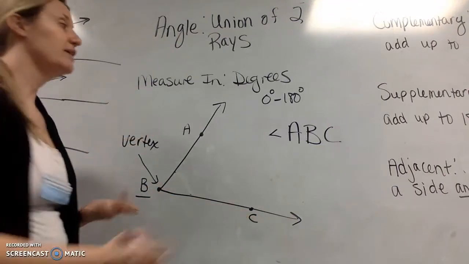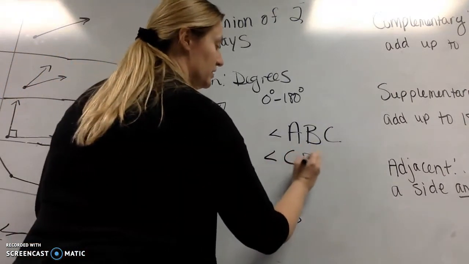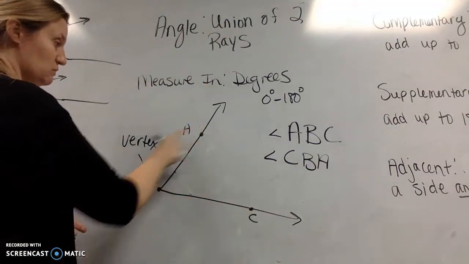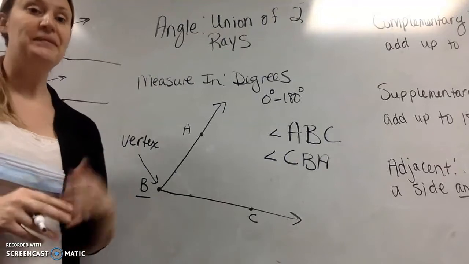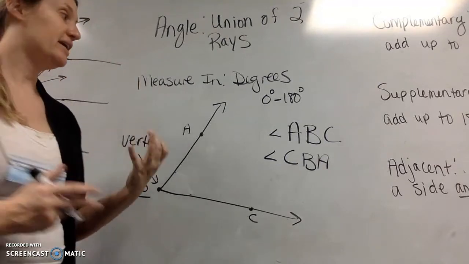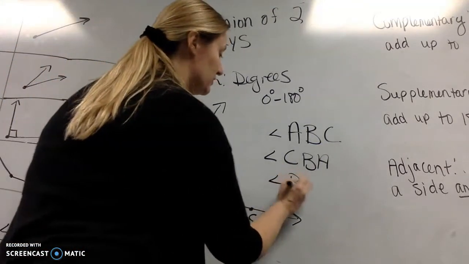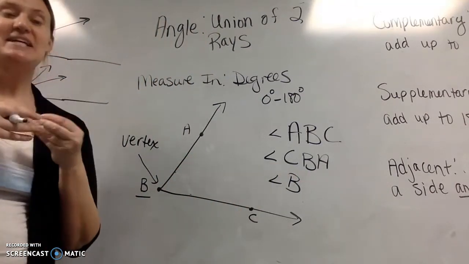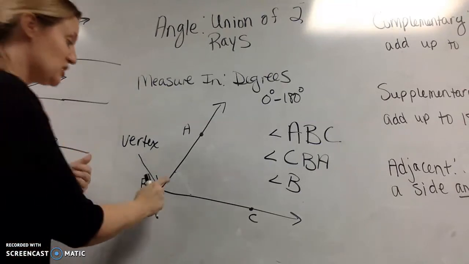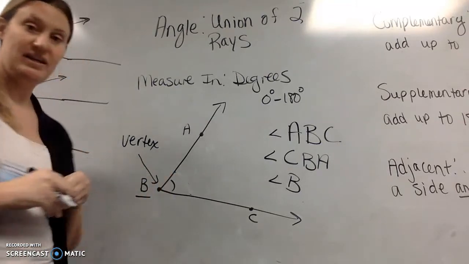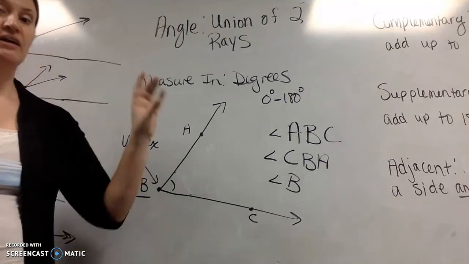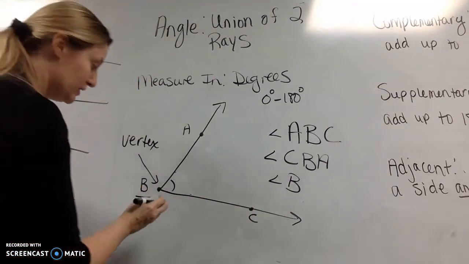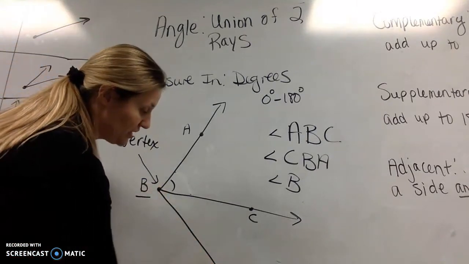I could, if I wanted to, call it angle CBA. That order doesn't really matter. Okay? I've had some students in the past say, can I just call it angle B? In this situation, yes, you can. Because if I say angle B, you know exactly what I'm talking about. I'm talking about this openness right here. You cannot always call it angle B though. For example, if I draw 2 angles like this,